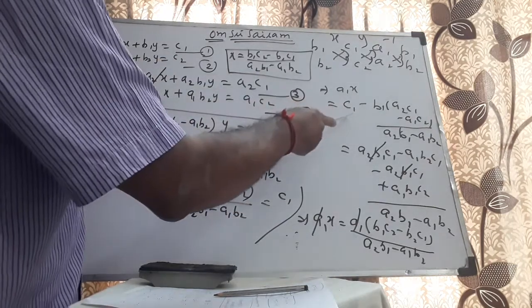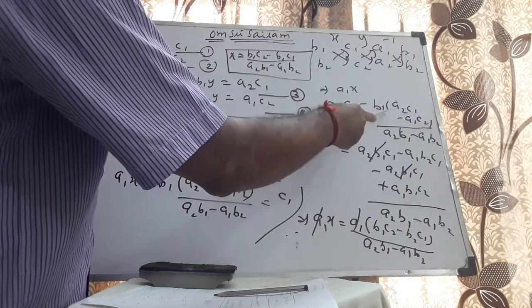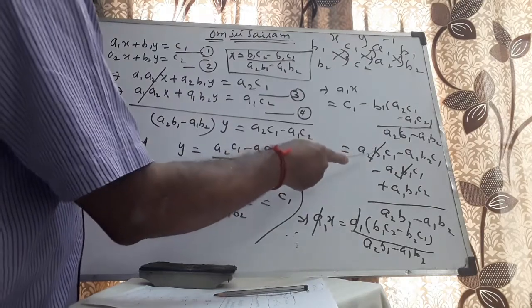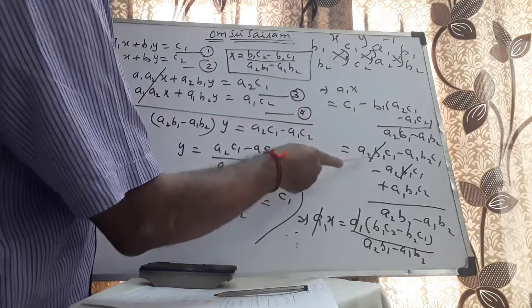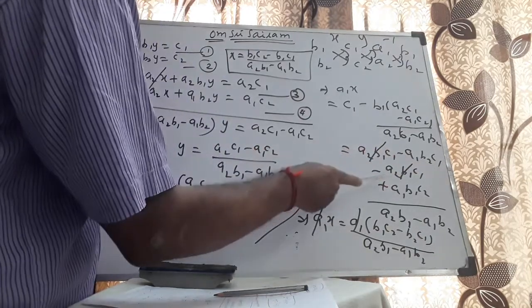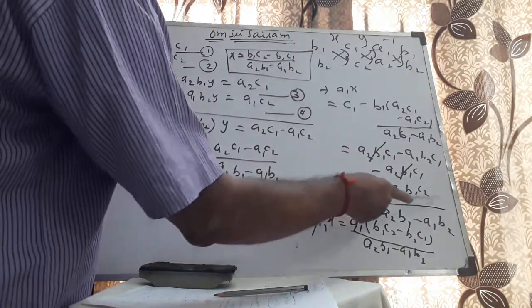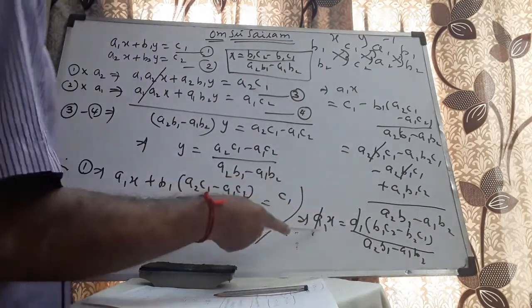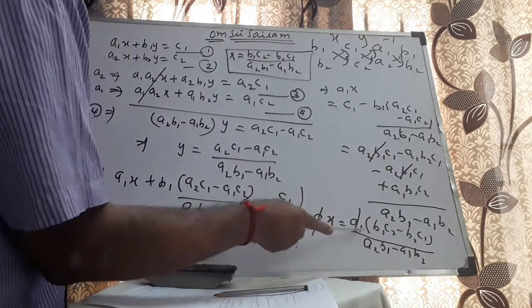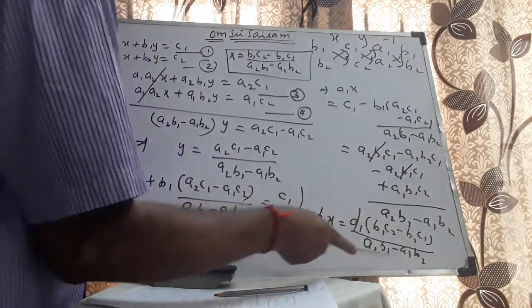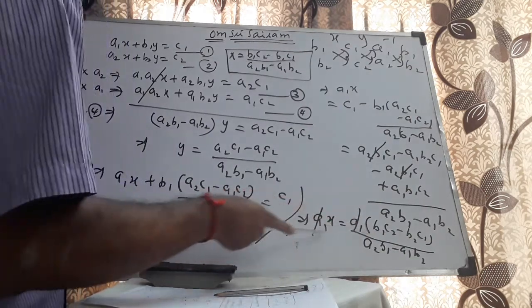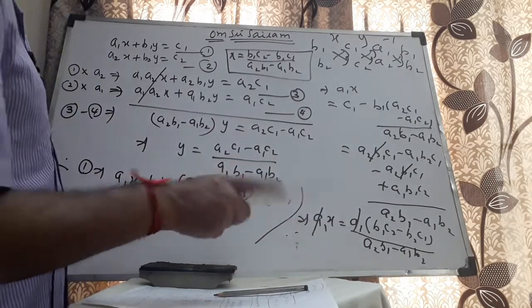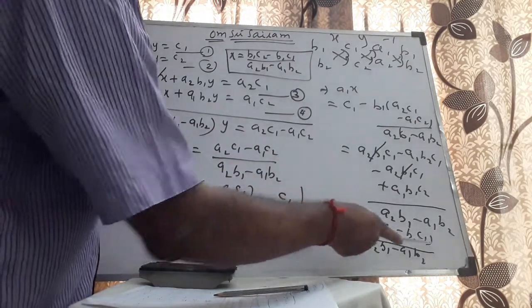Therefore, a1x will be equal to c1 minus b1 into a2 c1 minus a1 c2 by a2 b1 minus a1 b2, which is equal to, taking LCM, a2 b1 c1 minus a1 b2 c1 minus a2 b1 c1 plus a1 b1 c2 by a2 b1 minus a1 b2. a2 b1 c1 minus a2 b1 c1 gets cancelled. From these two I will be able to take a1 as common. a1 into b1 c2 minus b2 c1 by a2 b1 minus a1 b2. I will be able to cancel out a1, with the assumption that a1 is not equal to 0. Now I need to say b1 c2 minus b2 c1 by this much.